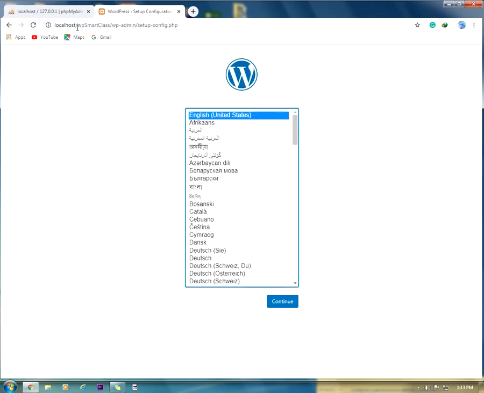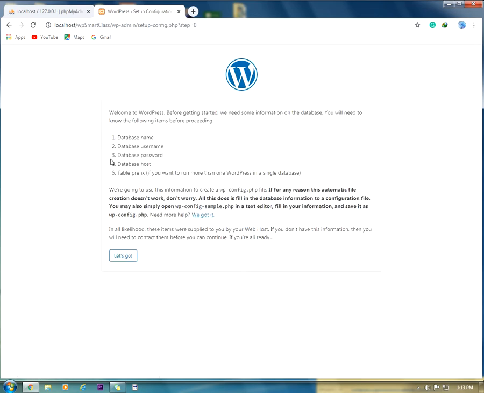It is going to load the WordPress setup. Select the language, click continue. Before you proceed to the next step, we must have these items: the database name, the username, the password, the host, and the table prefix. So what we'll do,